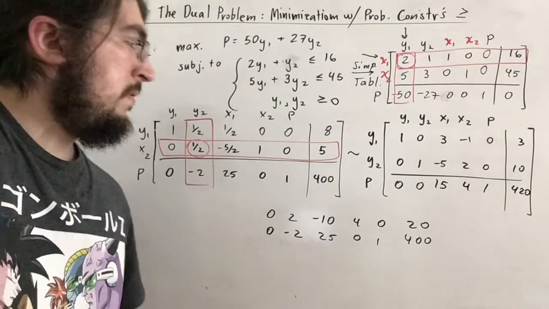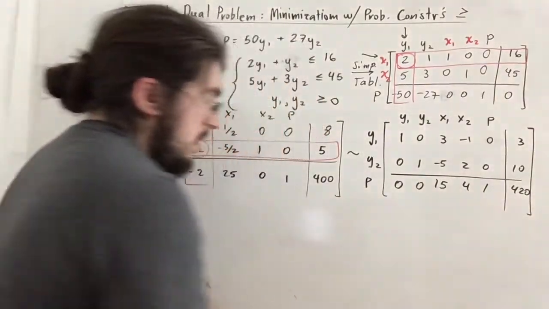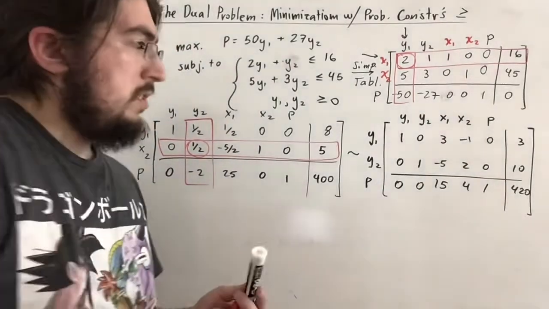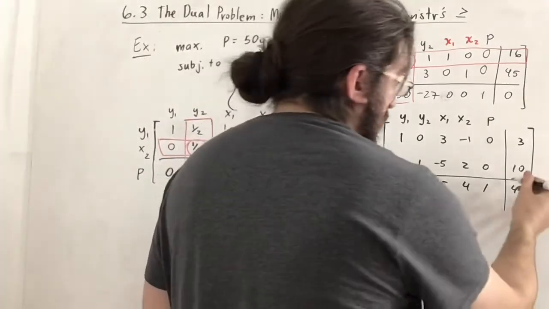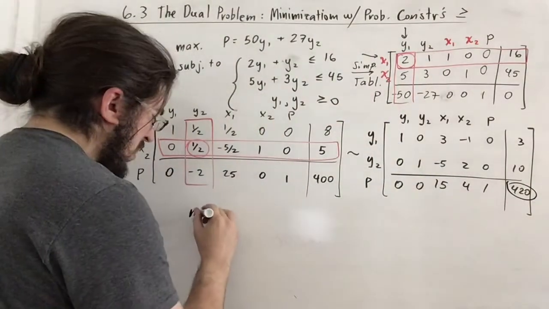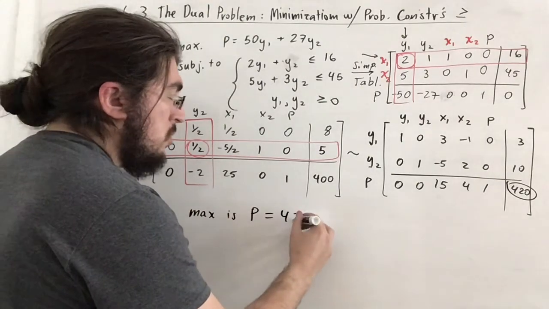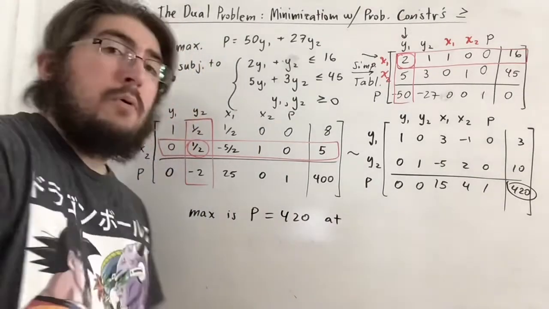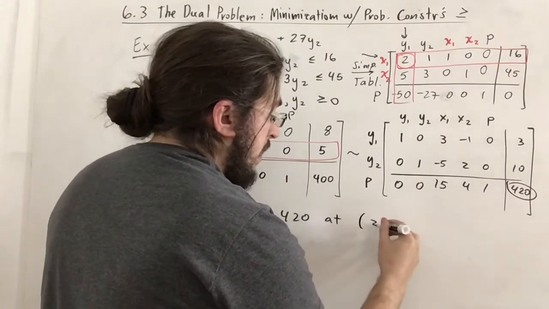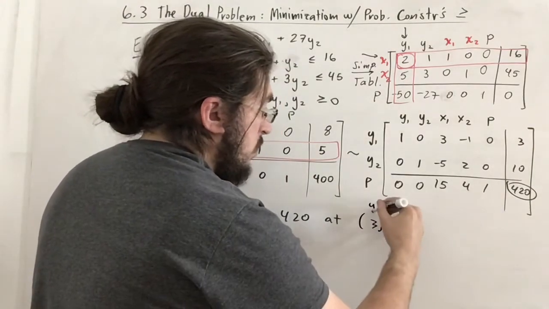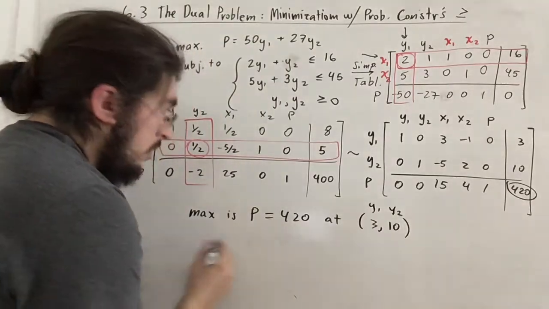Perfect. And now here is the beautiful conclusion that we'll make. First off, our maximum is 420. So our maximization problem has p equal to 420, and it occurs at the point y1 equals 3 and y2 equals 10. So 3, 10, where the first entry is y1 and the second entry is y2. But what this corresponds to actually